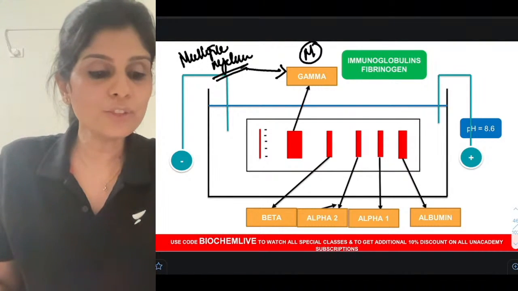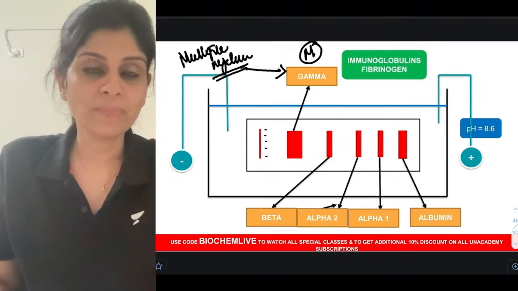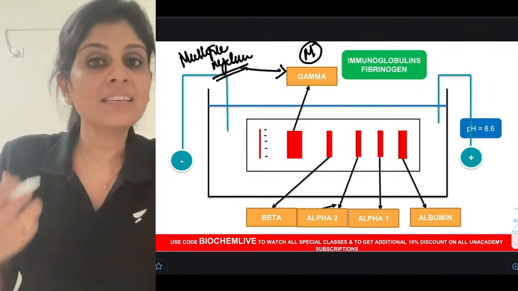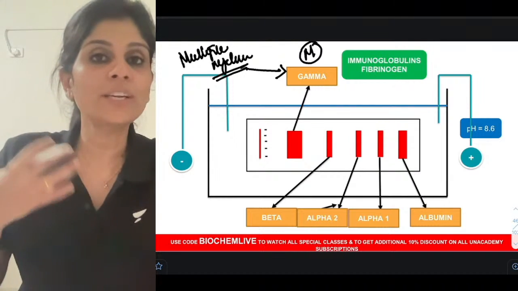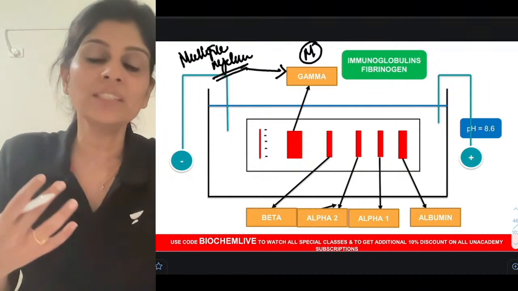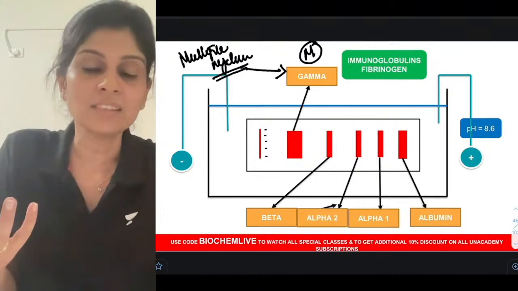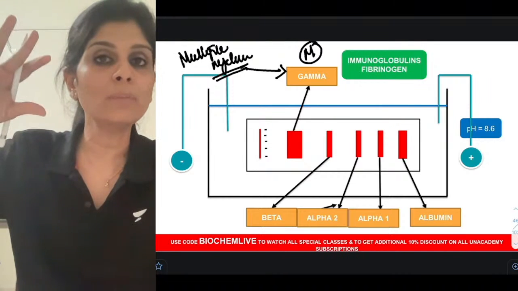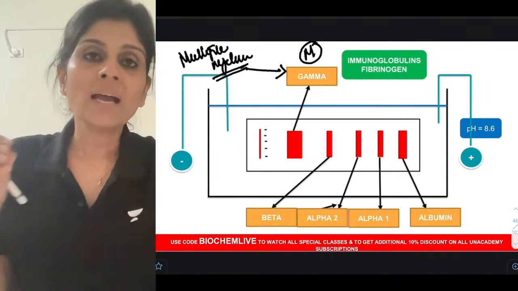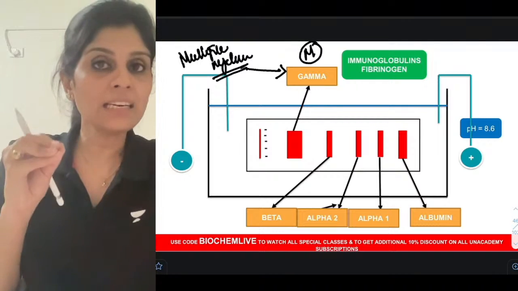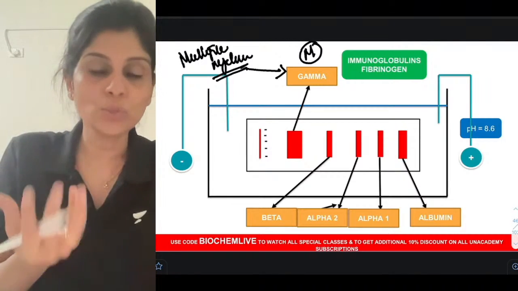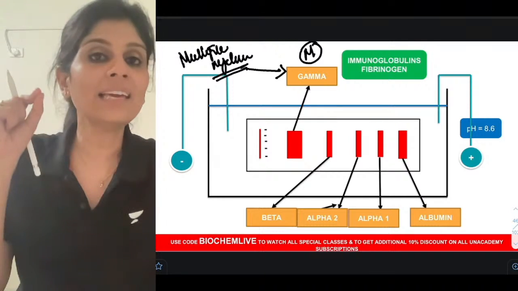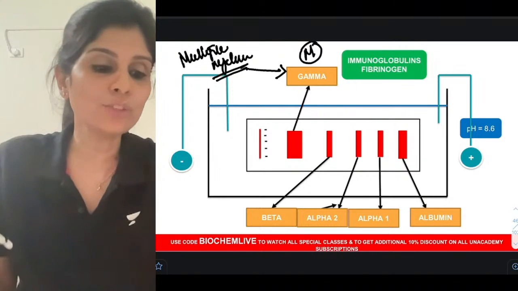Okay, and what about Bence-Jones protein, which Rahul has answered? Bence-Jones protein is nothing but the light chains which get excreted in urine. When there is excess production of antibody, there will be disproportionate synthesis of light chains and heavy chains. So light chains, when they don't find heavy chains to get integrated with, will be found free in the plasma. And because the molecular weight of light chains is very low, they get filtered along the glomeruli. So they will be found in urine. Those light chains which are found in urine in a case of multiple myeloma are called Bence-Jones protein.